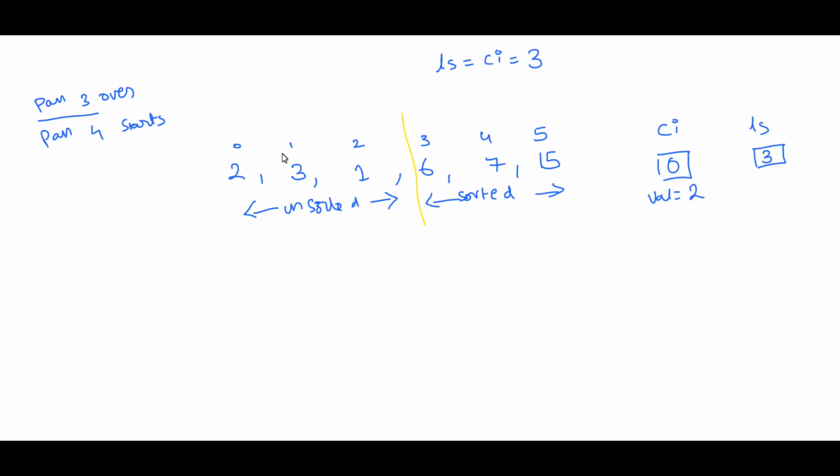So let's identify our position 2. We're going to be comparing the value at position 0 with the value at position 1, which is basically comparing 2 with 3. We're going to say is 2 greater than 3, which is false, so no swap. We're simply going to increment CI,